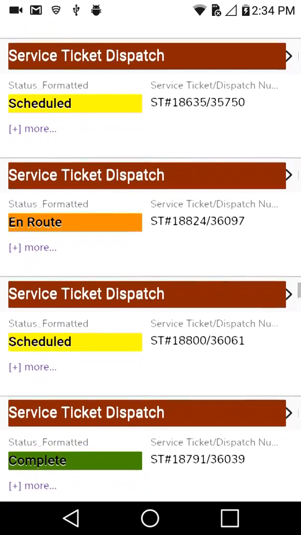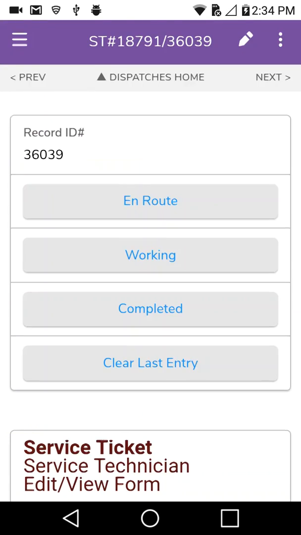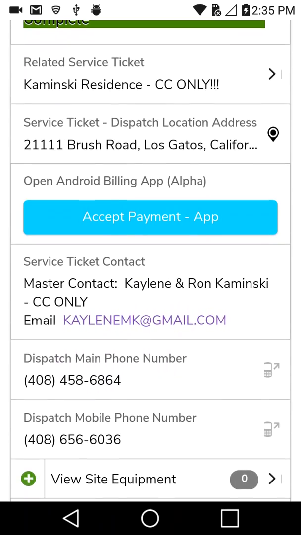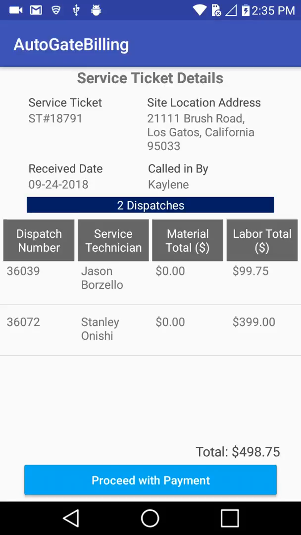The process for billing a client is the following. Most likely, it will start from a dispatch record that has been completed. From there, you can scroll down till you find a button called Accept Payment App. By selecting this button, the billing application will open, and it will show you the information of the related service